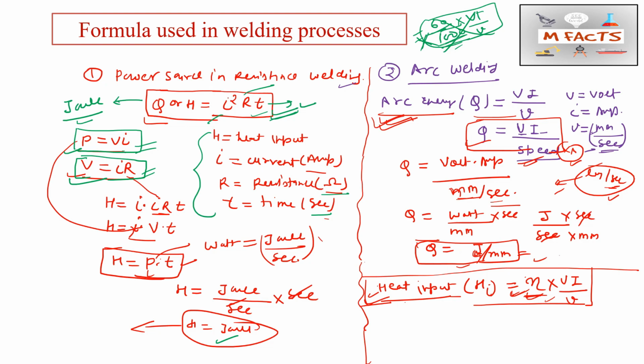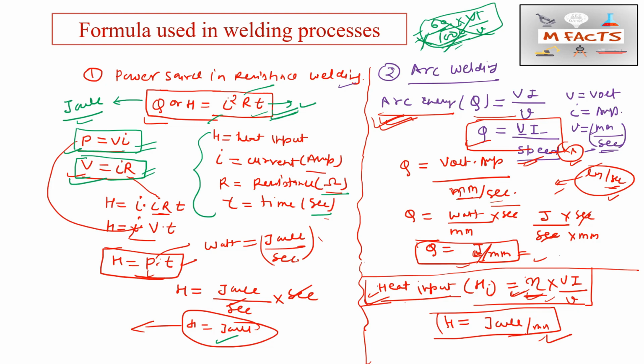This heat input considers the effect of process efficiency on the actual energy that is input in the welding process. Okay, so from here we can get that this H unit is in joule. I have already told you this is joule per mm, or joule per unit length, we can say. The unit may be anything else, so we can change accordingly, as it is in mm, or in centimeter, or in meters. We will change accordingly.